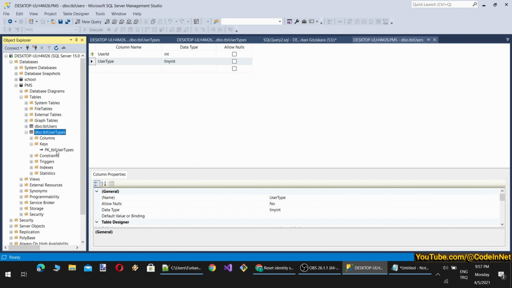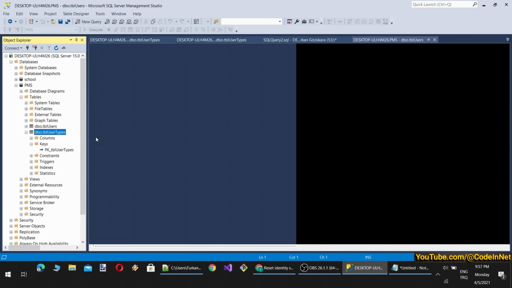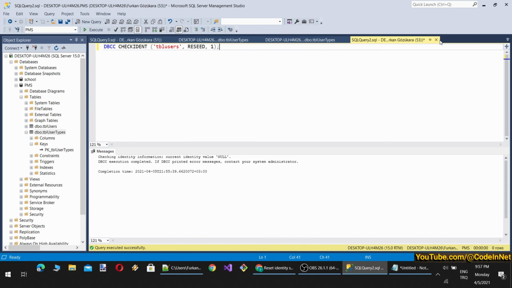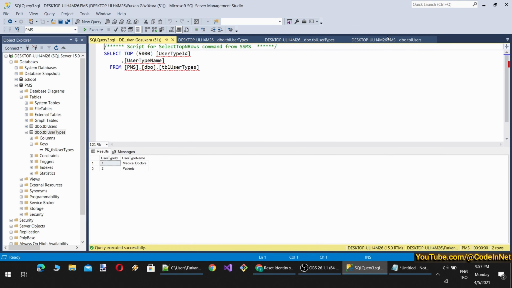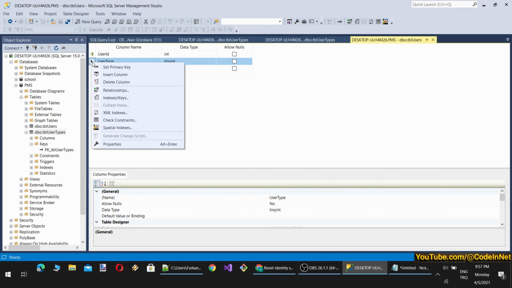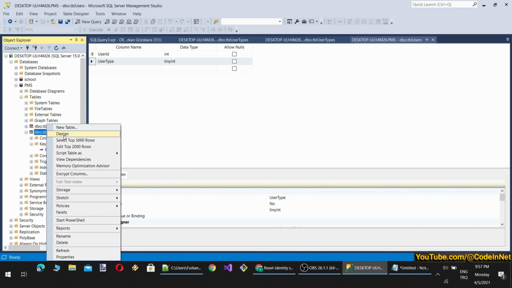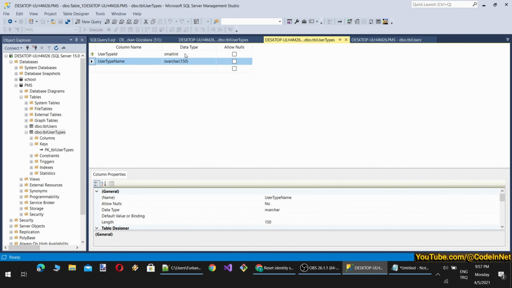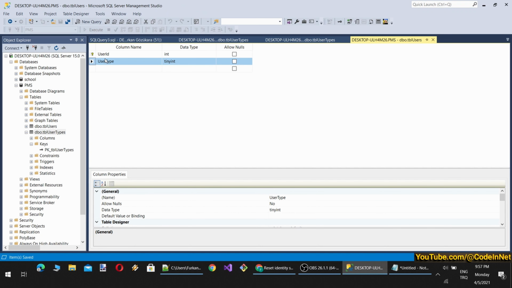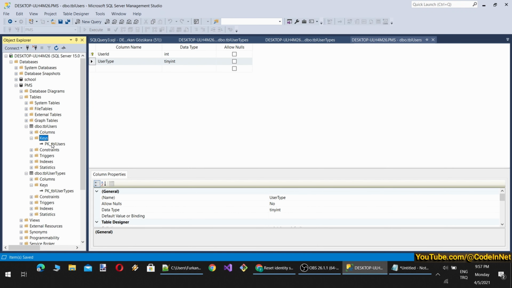However, these IDs are not likely to change. So it is more related to database design, so I won't enter that. So we can set a foreign key to this one, to here. What does that mean? Okay, let's see that as well. So let's open this again. So this will be small int, actually tiny int. And this is going to have a foreign key.